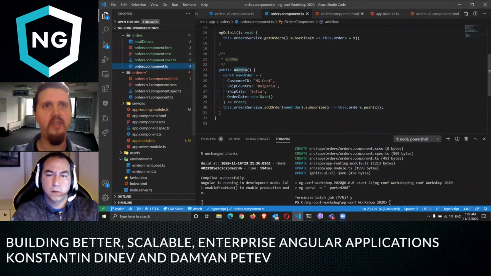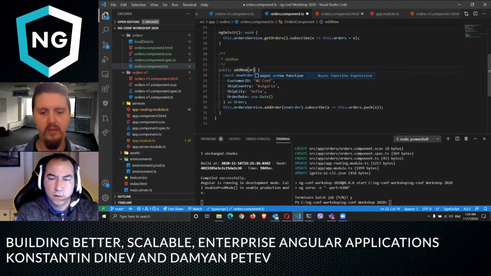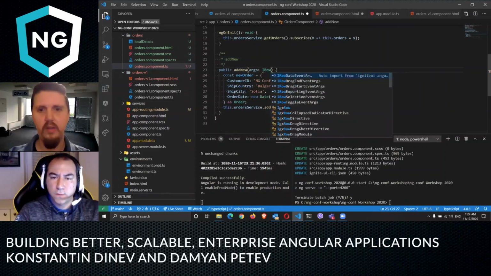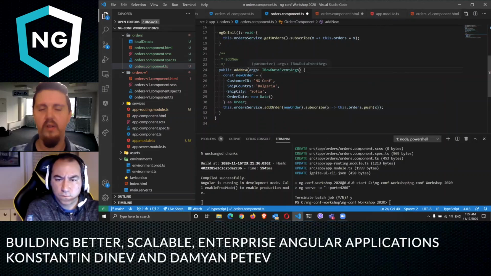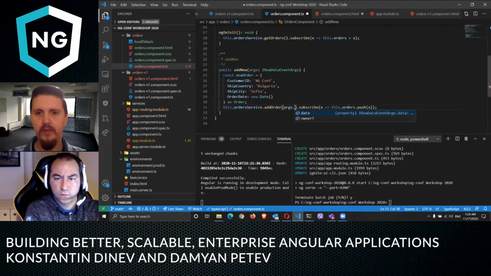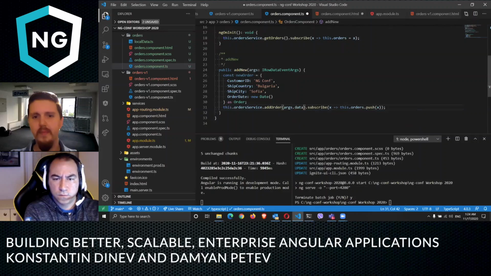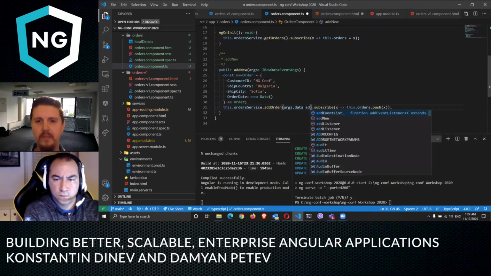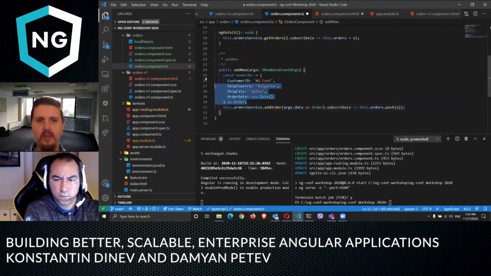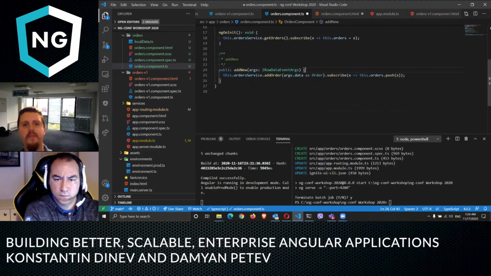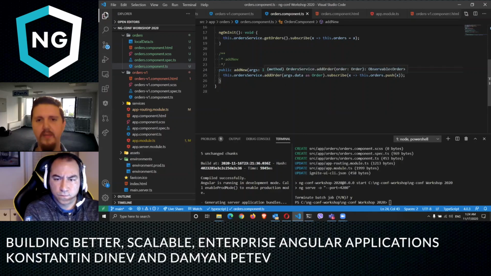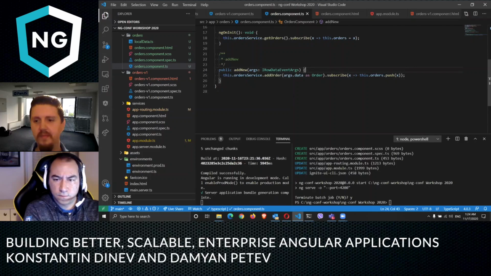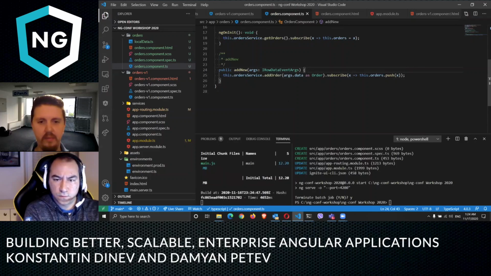The only difference is that this would take a different event. This would be an IRowDataEventArgs. And we should no longer need this. So that's what we're going to be left with in the add method. And assuming nothing blows up,